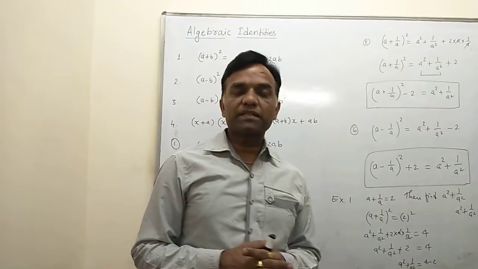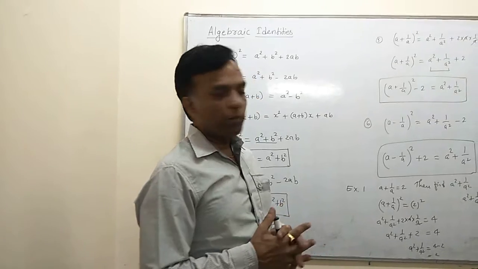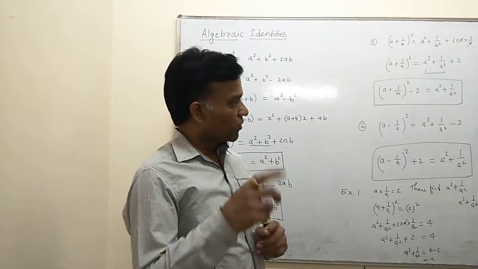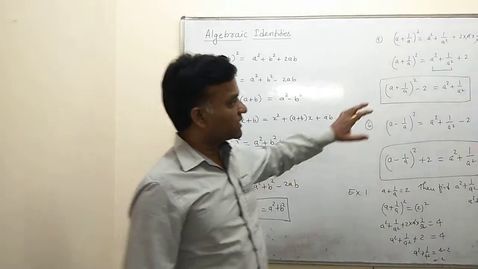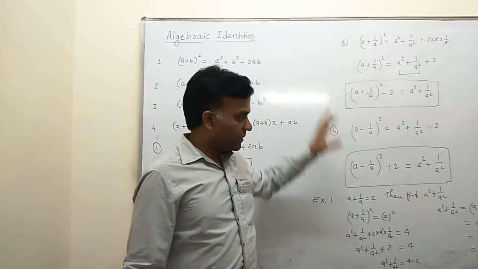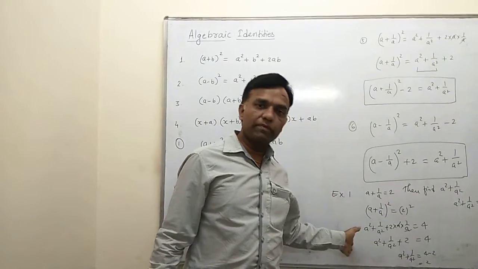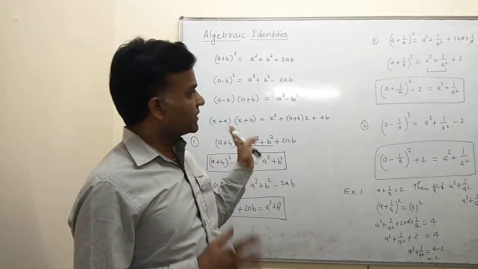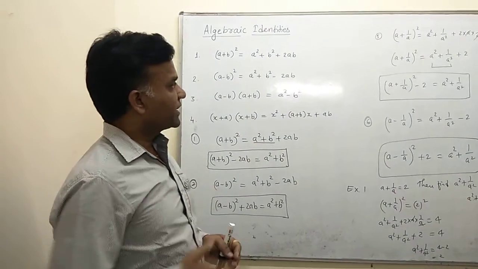So both concepts are the same, but in any competitive exam, the time limitation is very strict, only a few seconds for one question. Then you use the identity, the formula. Or maybe you have sufficient time and subjective questions are there, then you use the manual process and apply it to get the answer. Okay, so all these identities are related to the square. Now the next ones are related to the cube.